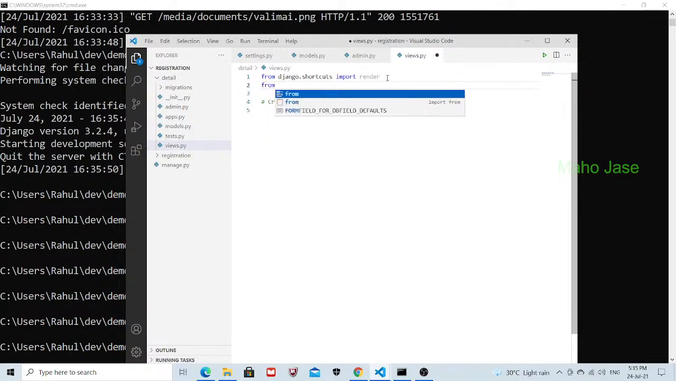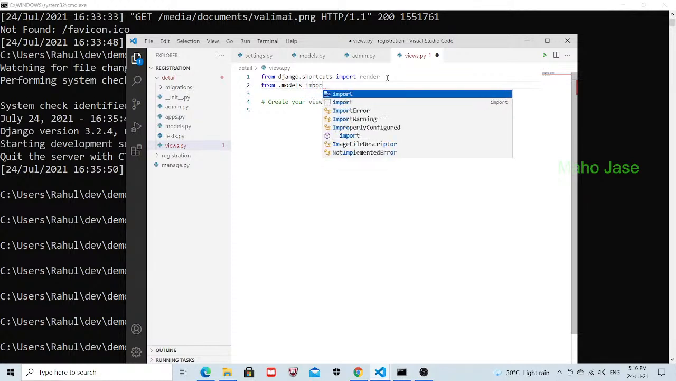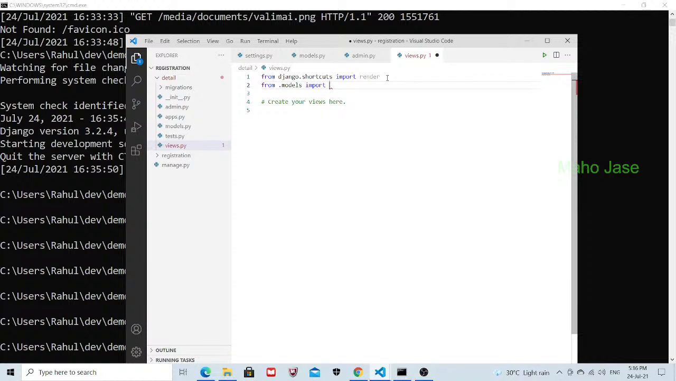So first of all, I would import my model, import register. Yeah, we have done that. Now the next step is to create a function in the views so that we could view the details on the home page. So here I would create a function of show